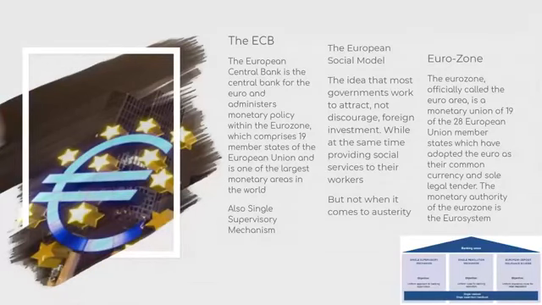We kind of went over this, but we'll go over it again. It's a monetary union. There's only 19 of the 28 European member states, and it has a common currency and sole legal tender. The monetary authority of the Eurozone is the Eurosystem. What makes the Eurozone complicated is that it has a single monetary policy, but everyone has a different fiscal policy. Fiscal policy is basically budgeting and taxes, stuff that was considered so intertwined with sovereignty that countries were refusing to give it up.